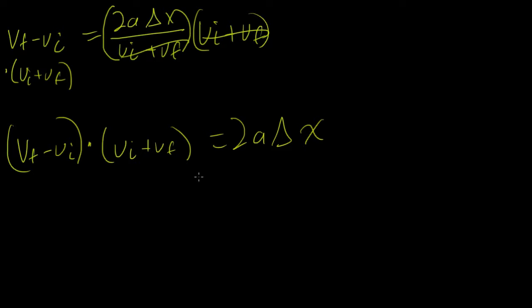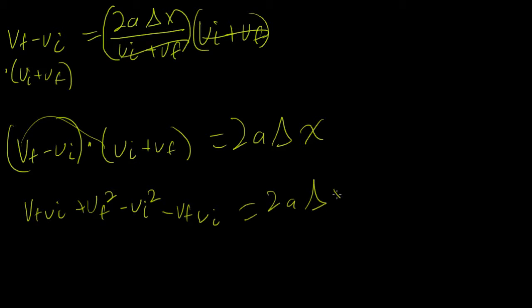If we do the FOIL method to this, we get Vf Vi first, outside, plus Vf squared, inside, minus Vi squared, and then last, minus Vf Vi equals 2A delta x. Well, Vf Vi and minus Vf Vi cancel, so we have Vf squared minus Vi squared